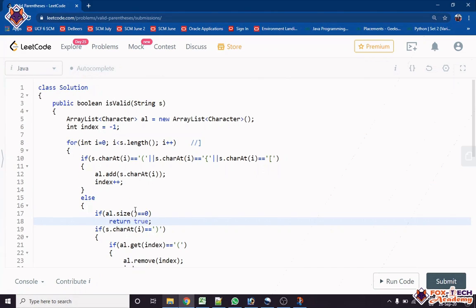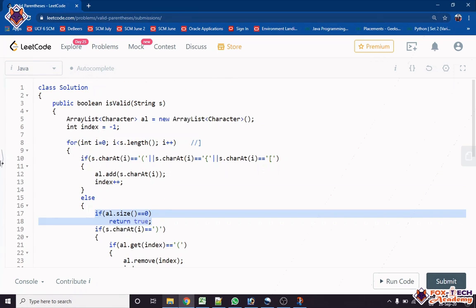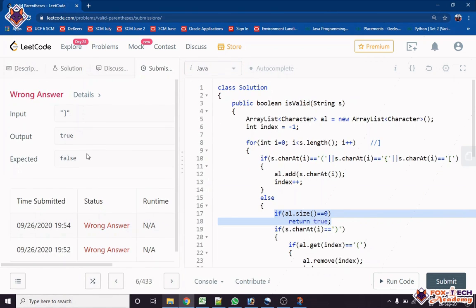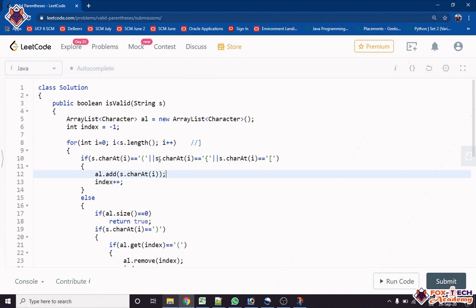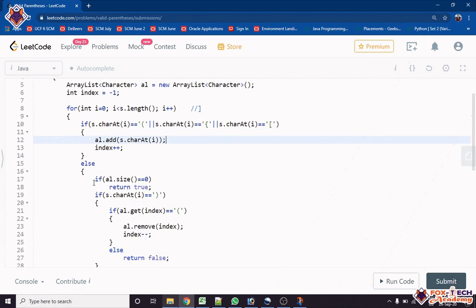Why is it not returning false? l is also 0 this time. What is our output? Expected false, but true. Why? Okay, let's check.